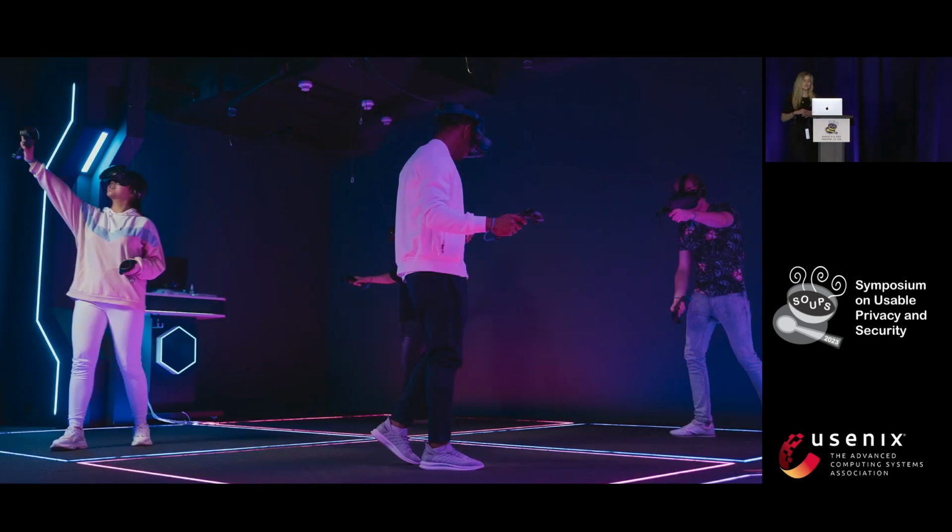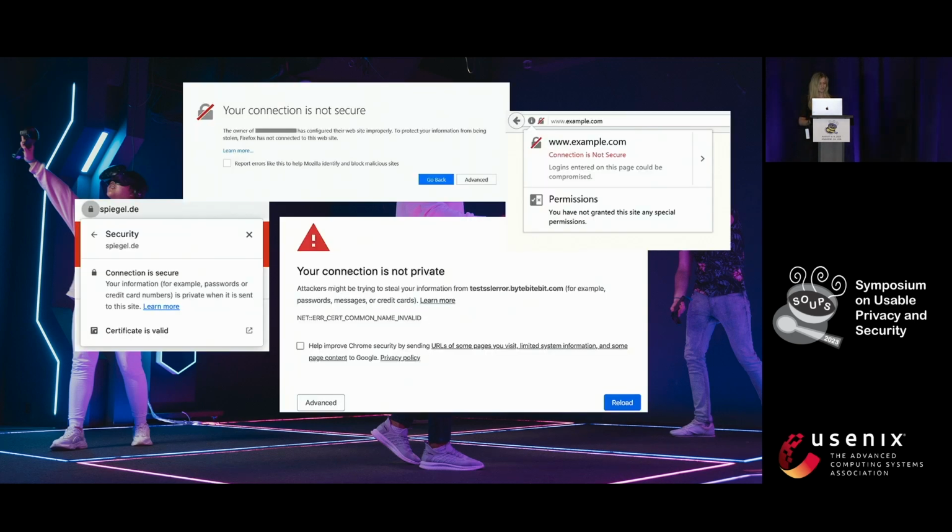So this work was motivated by current trends that go towards connected social environments, mixed reality, and the metaverse, by linking many services and worlds together. We have actually seen a similar trend in the early days of the internet when hyperlinking was introduced. However, this came with several severe security issues. And for this reason, today we have these. These are security indicators we have on the web.